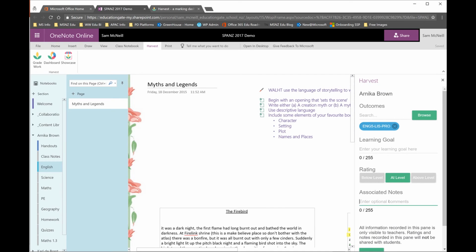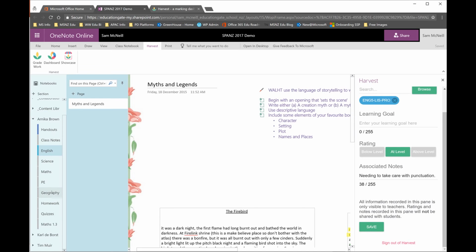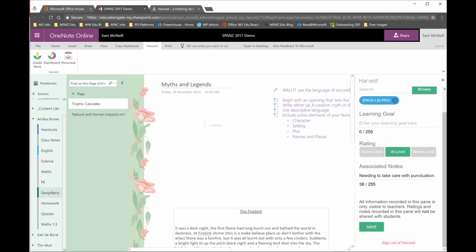Now I can actually enter in optionally a line here as well, so I can say maybe needing to take care with punctuation. So save, and that piece of work has been graded, and I could go on to the next student work and do something similar as well. So the cool part is if I'm looking at different subjects, I can mark right across these as well. So if I went to geography, for example,